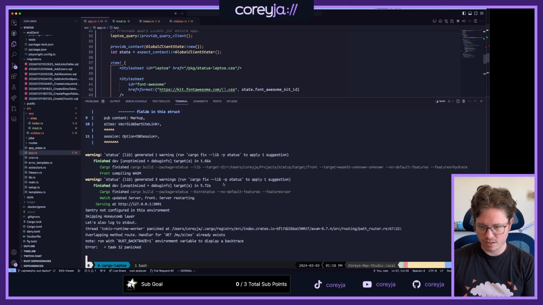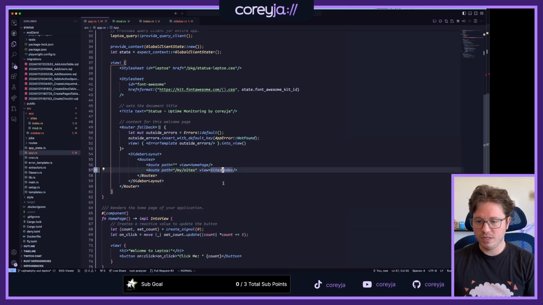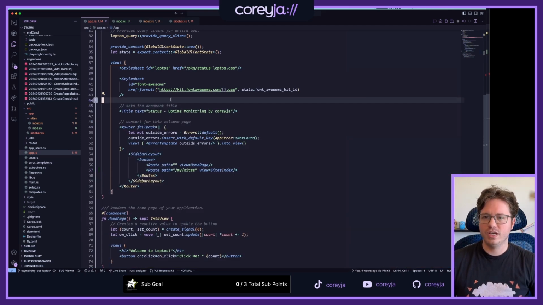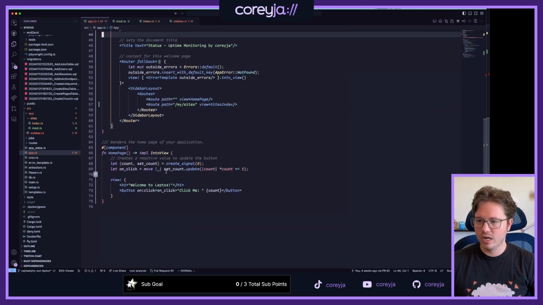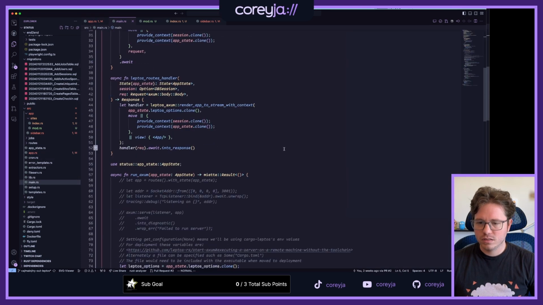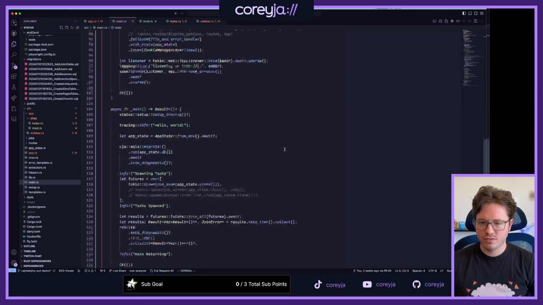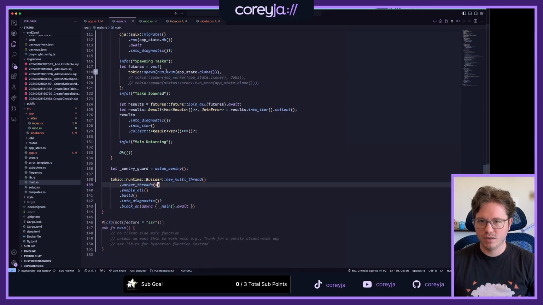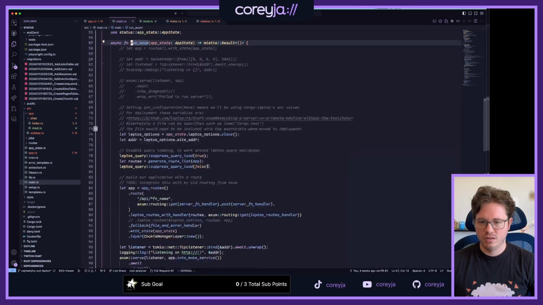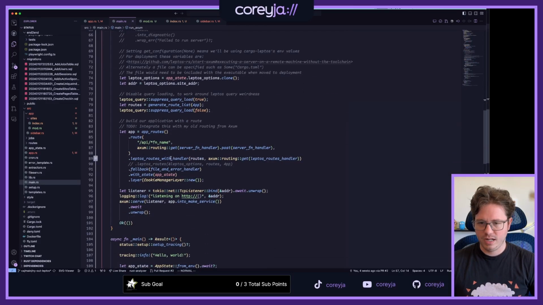Oh no. Overlapping method. Oh, because this is still a hybrid application where I have routes in Axum still. And I think I don't want some of those anymore. So let's find my run Axum, because this now has app routes. Yeah.